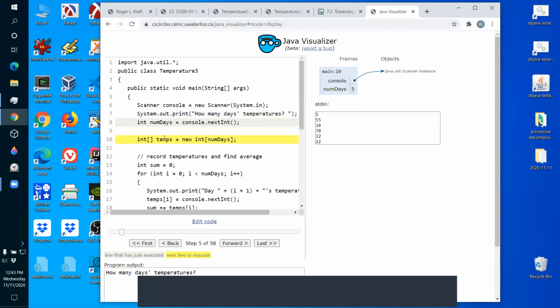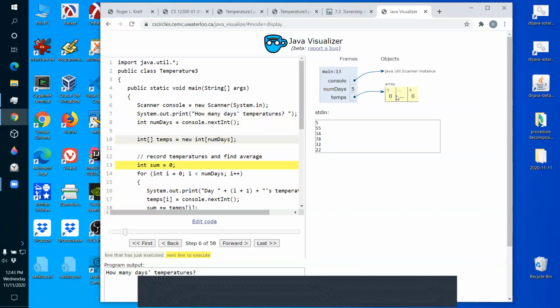Now, this is the interesting part. This is going to create our 5 variables for us. We need to hold 5 numbers, so we're going to create an array that holds 5 numbers: 0, 1, 2, 3, 4. It doesn't show us all 5 variables yet. It shows us only 2 of them with a dot dot dot between them. So this is the name of the array, and these are the variables in the array.